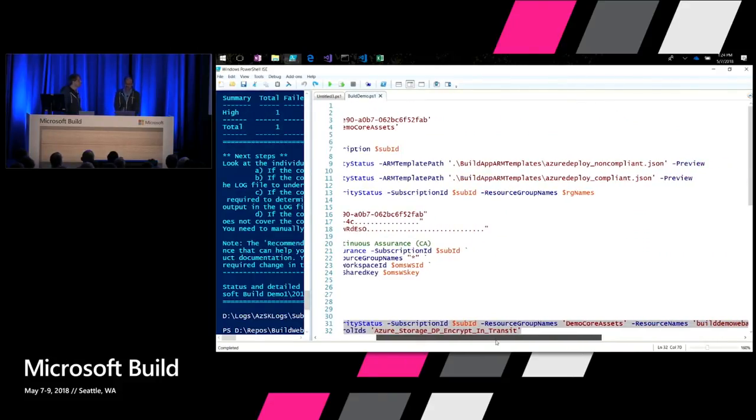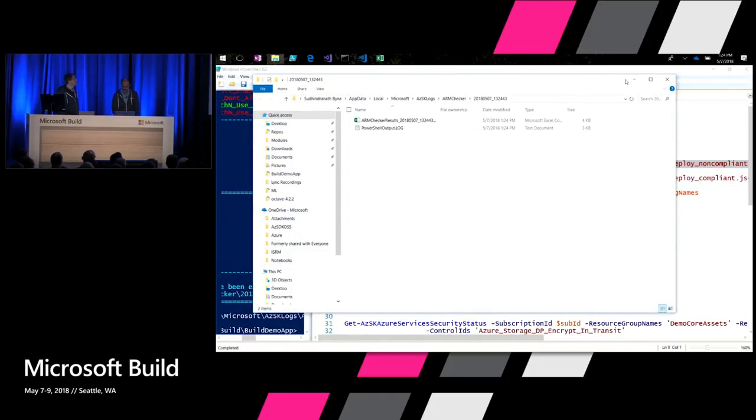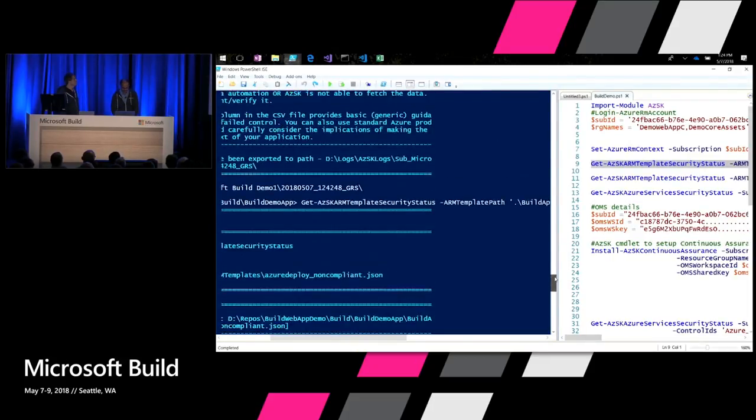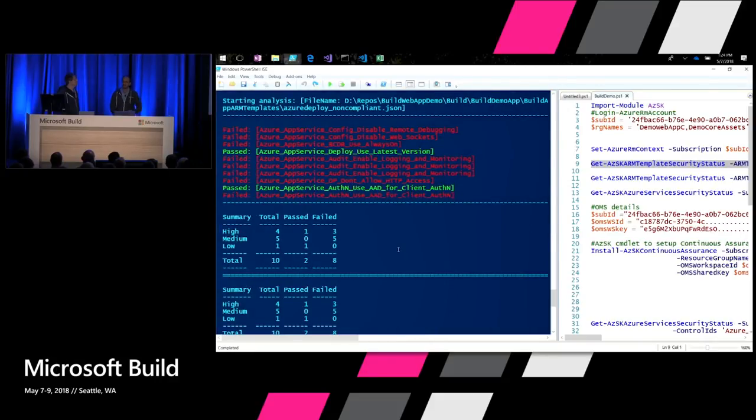It just takes the ARM template JSON file as an input or a folder path. It could be having a bunch of templates, right? So when I execute this particular command, it's pretty quick. It's done its job, right? It went ahead and scanned the template that I have, and it emitted some errors. You know what? Your template is not as secure as you want it to be, right?